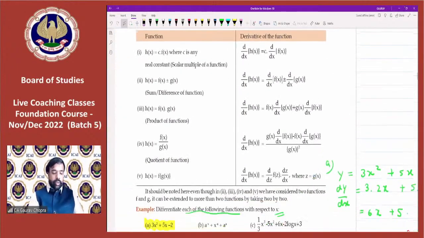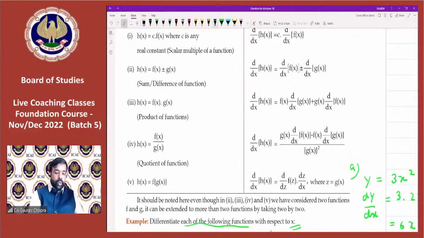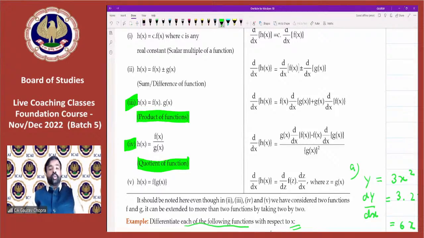See, these are the two rules. One is the product rule and the second one is the quotient rule. So there are two rules: one is the product rule and the second one is the quotient rule. So when we have